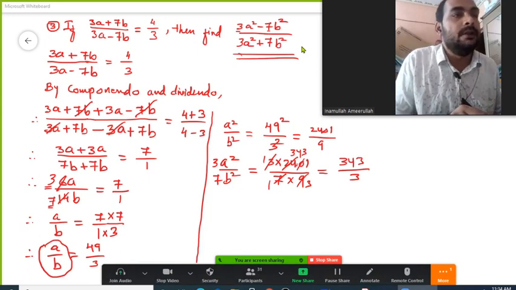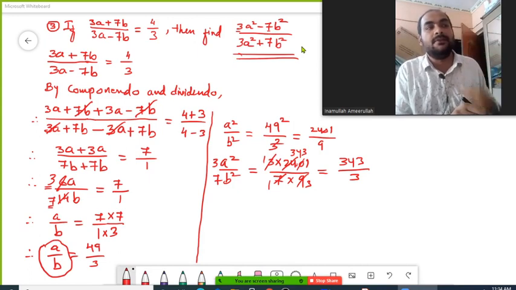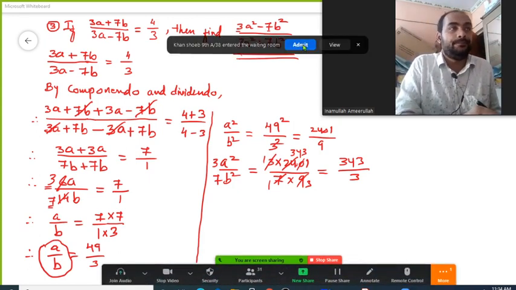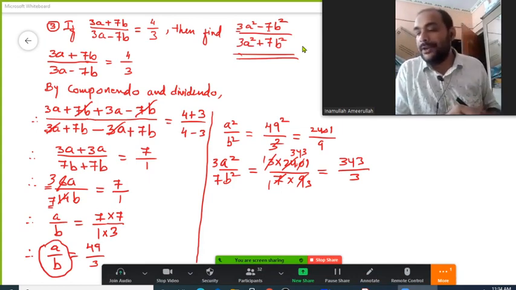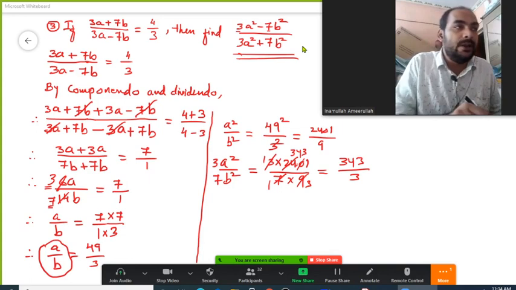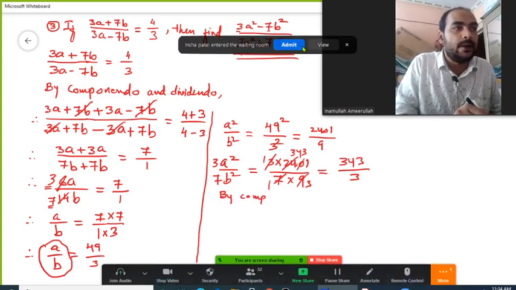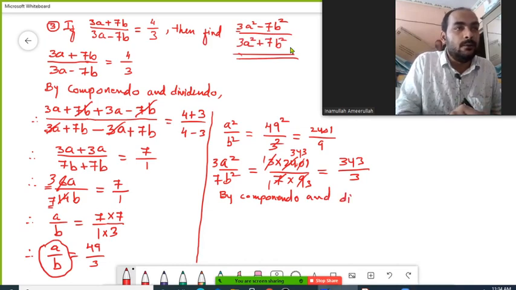So 343 upon 3 is the value of 3a square upon 7b square. Now we can do componendo and dividendo at this point. So by componendo and dividendo,